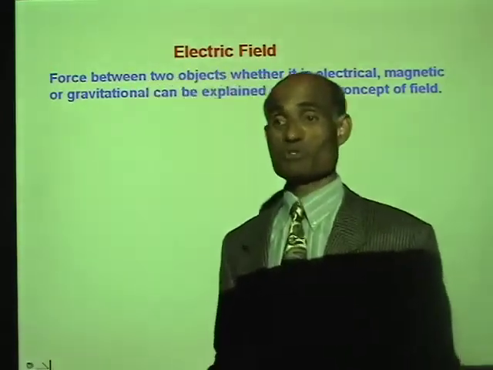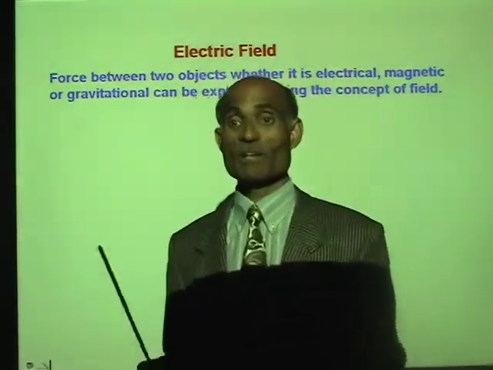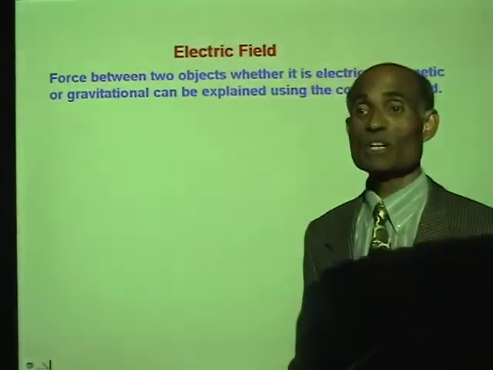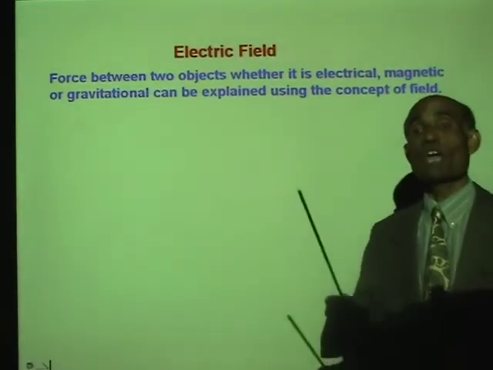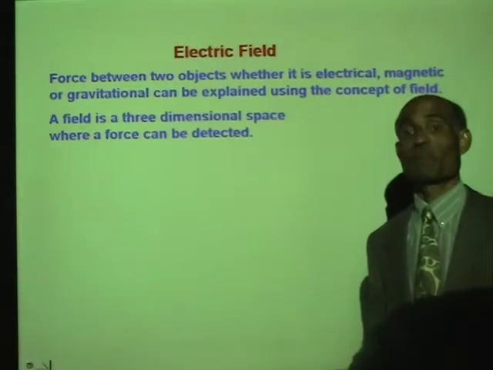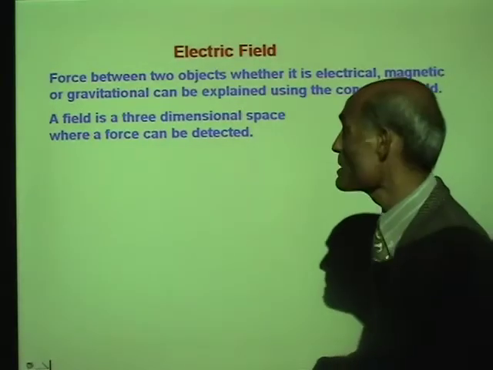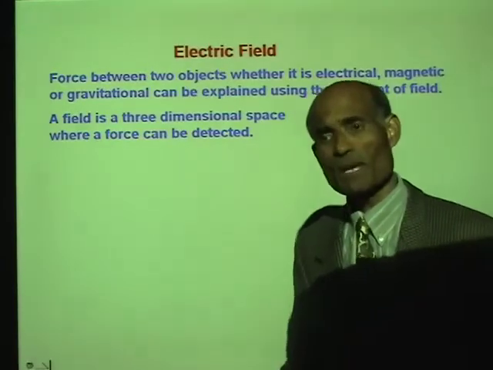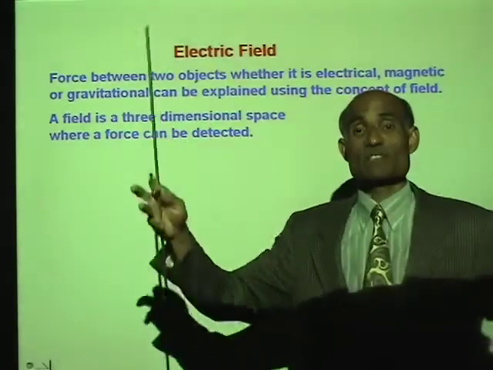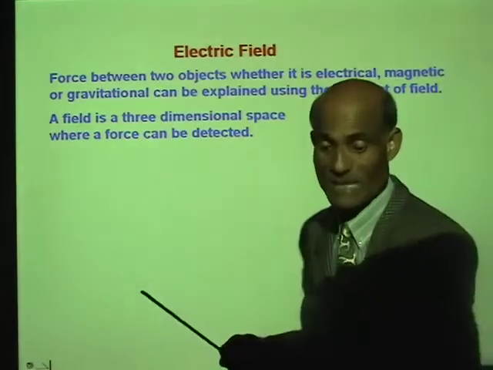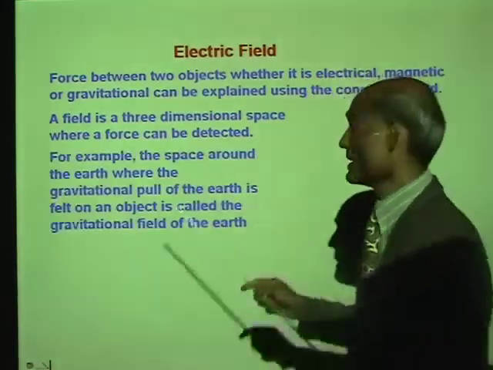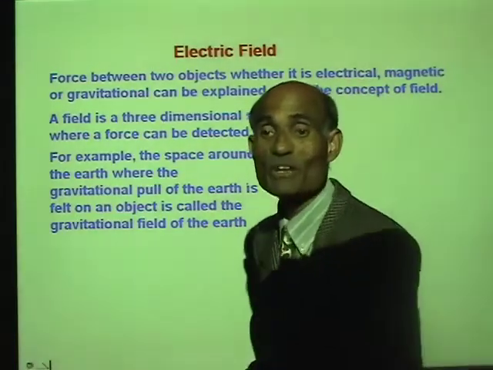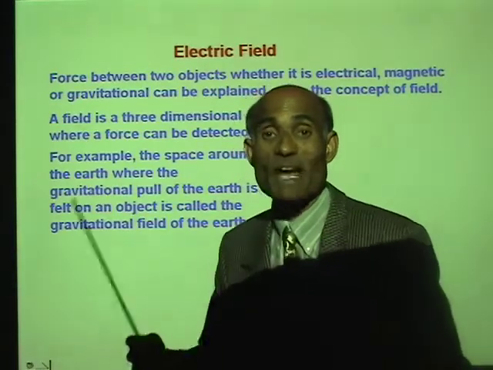Force between two objects, whether it is electrical, magnetic, or gravitational, can be explained using the concept of a force field. A field is a three-dimensional space where a force can be detected. What does that mean? A field is simply a space where a force can be detected. For example, the space around the Earth where the gravitational pull of the Earth is felt is called the gravitational